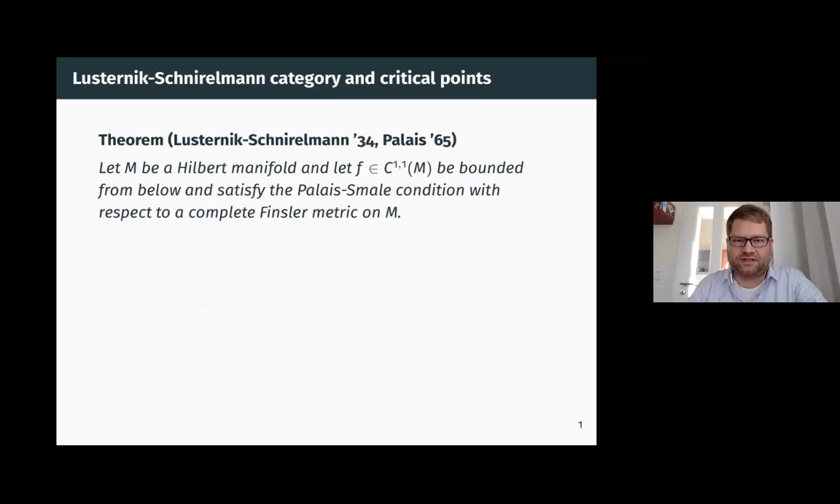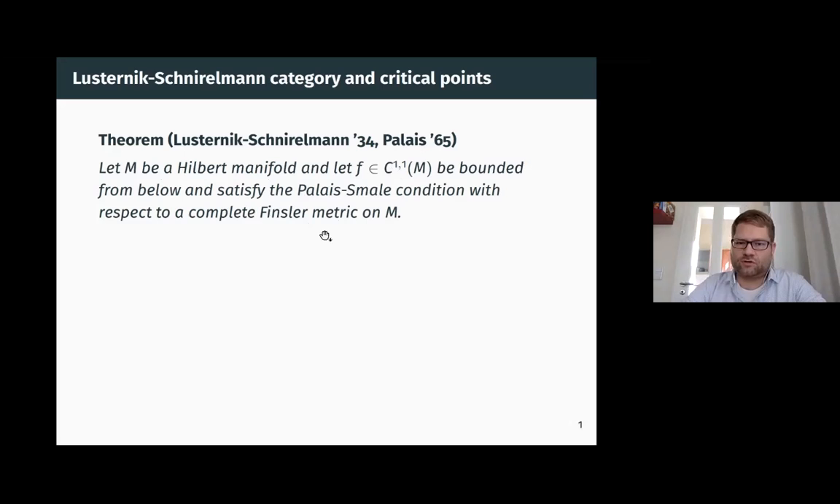Namely, there's the famous celebrated theorem of Lusternik and Schnirelmann. The finite dimensional version is from the two authors in 1934. The version I'm stating here is a formulation by Palais from 1965. Namely, if we have an arbitrary Hilbert manifold M, and we have a function on this Hilbert manifold which is continuously differentiable of class C^{1,1}, which means continuously differentiable and locally Lipschitz bounded derivative, although this assumption can also be removed later, which is bounded from below and satisfies the Palais-Smale condition with respect to some complete Finsler metric on